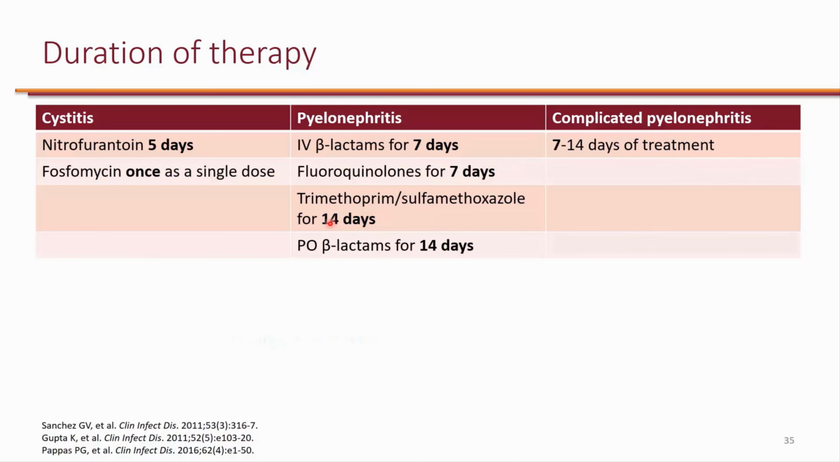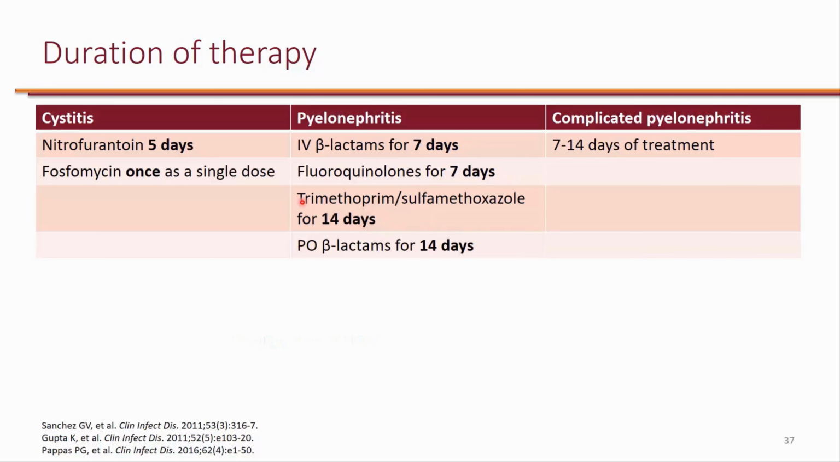With Bactrim, 14 days is required, as well as with PO beta-lactams. Because PO beta-lactams are inferior to IV beta-lactams, you need 14 days of treatment, and PO beta-lactams are the last option. Let's say someone got 3 days of IV beta-lactam, then they get 11 days of trimsulfa to complete